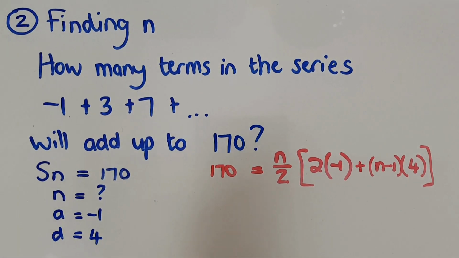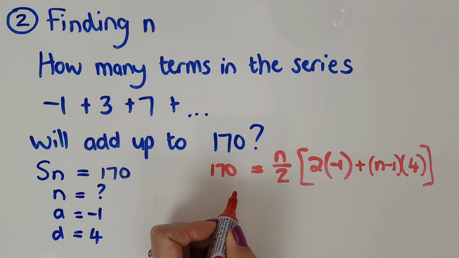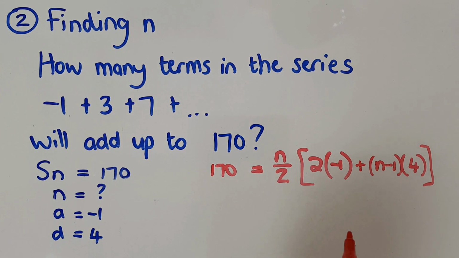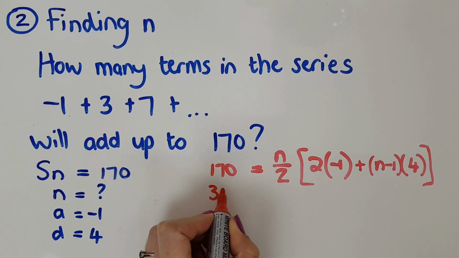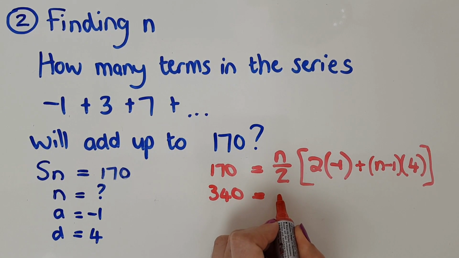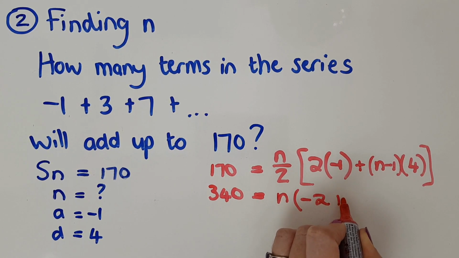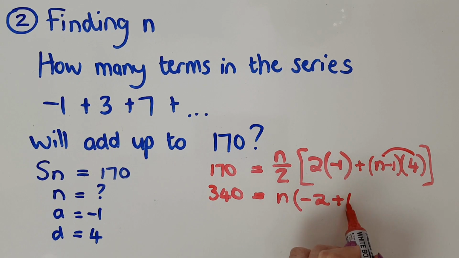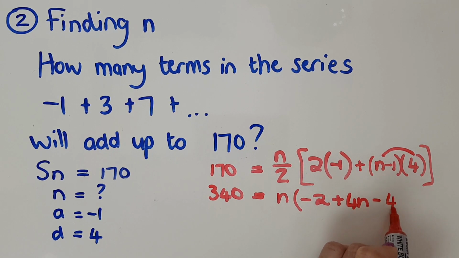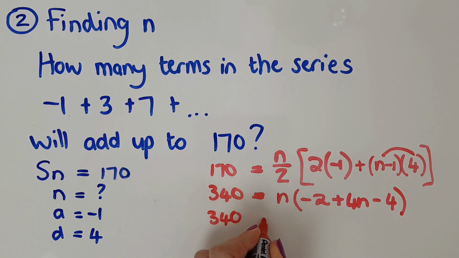When solving, it's going to be much easier if I multiply that on this side so that I end up not having to deal with a whole bunch of fractions, which gives me 340 over here. And then I'm going to do this slow steps one at a time. I'm going to have N and then -2 plus 4N minus 4. Okay, so 340 now gives me -2N